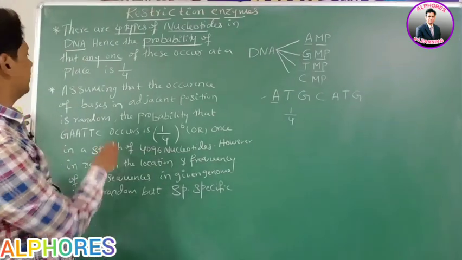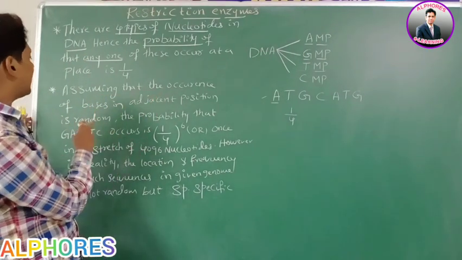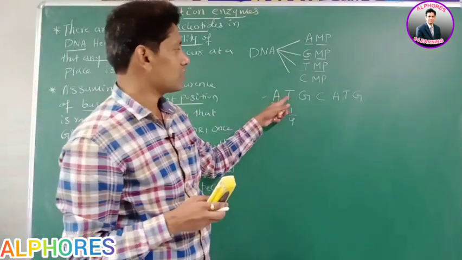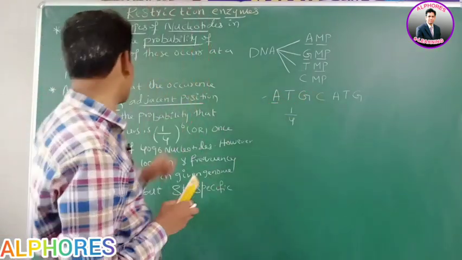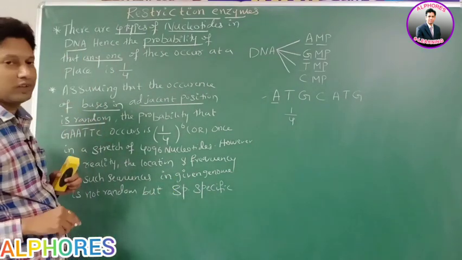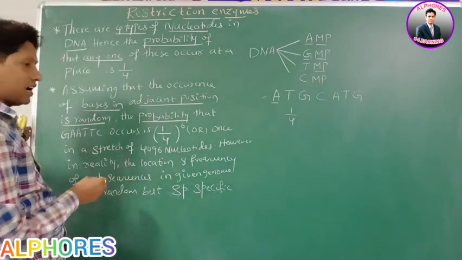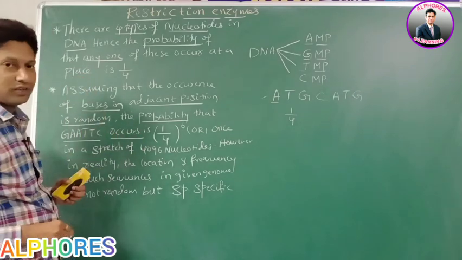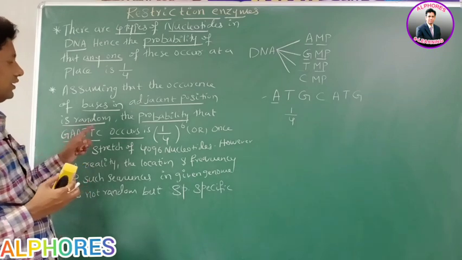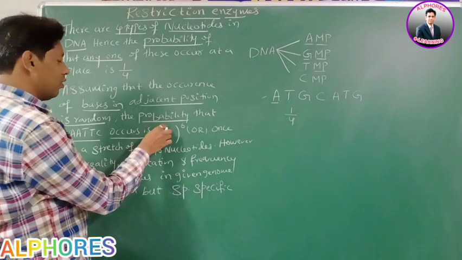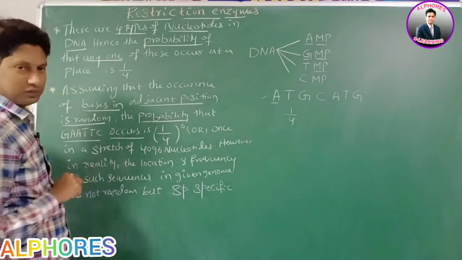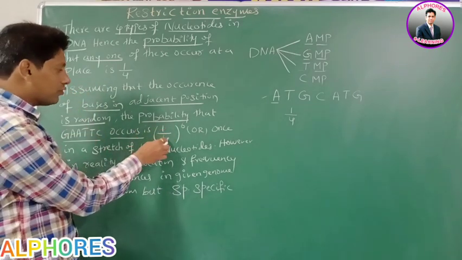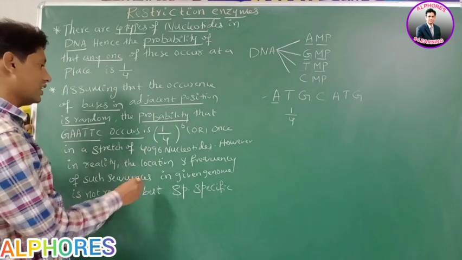Now, see this statement. Assuming that the occurrence of bases in adjacent positions is random, then what is the probability that the GAA-TTC sequence occurs? How much? 1/4 to the power of 6. Sir, 1/4 to the power of 6 means what? It will be